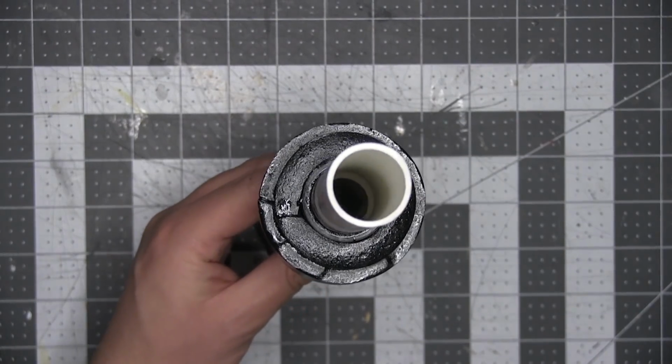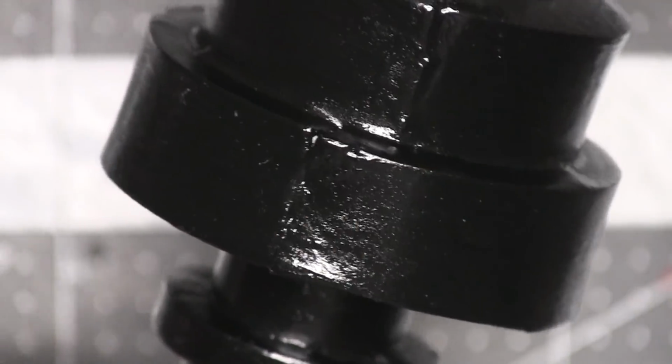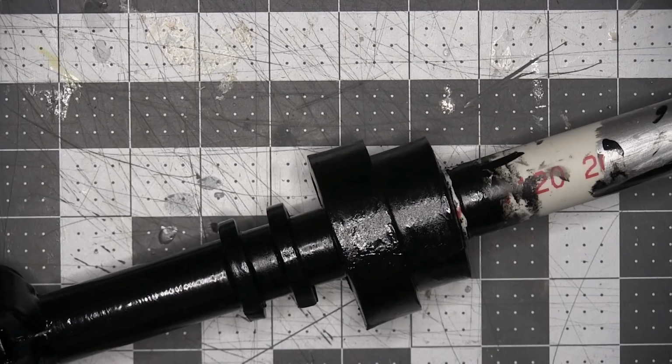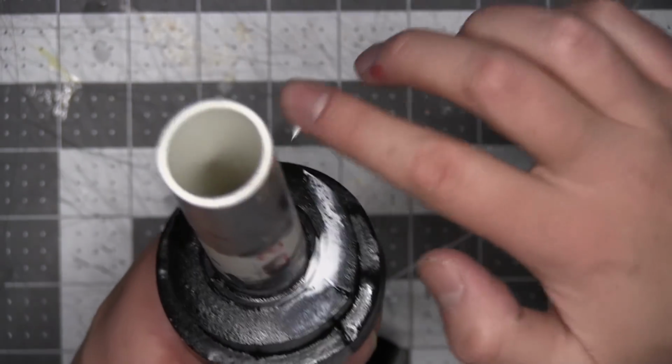I was just about to paint when I noticed this right here, and you know, a seam, I can live with a seam. I can't live with an actual open space. So before I paint this, I'm gonna fill that in, and it's gonna cost me at least an extra day,